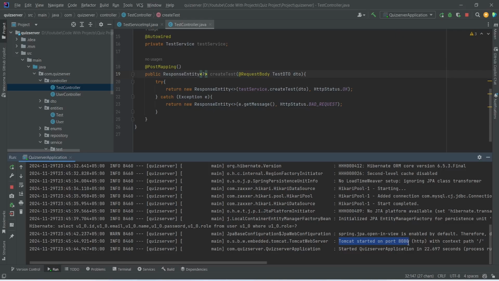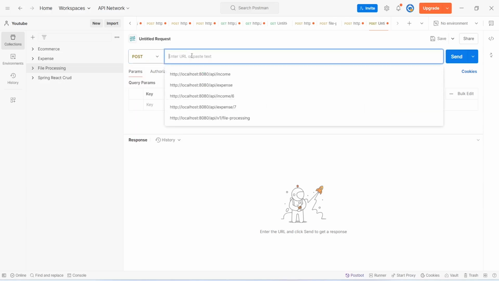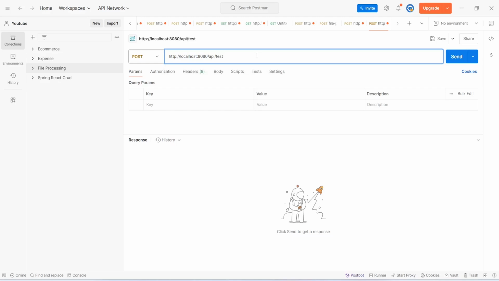Now let's go to the Postman and let's call our create test API. And in the Postman, for the request type we will give this as post, and after this we need to give the URL, and for the basic URL we will give this as http localhost 8080, and after this we need to give the controller and method URL, and we will give this as /API/test, and after this we need to pass the request body, so we will click on this body tab, and